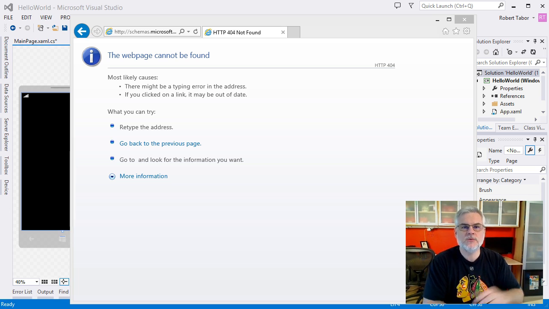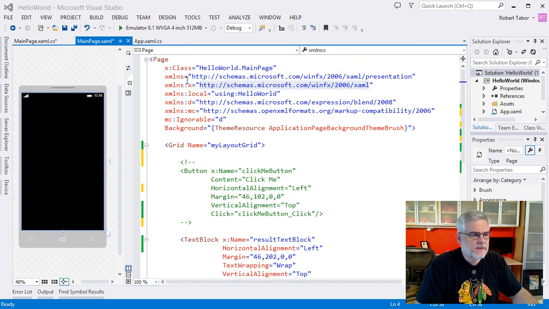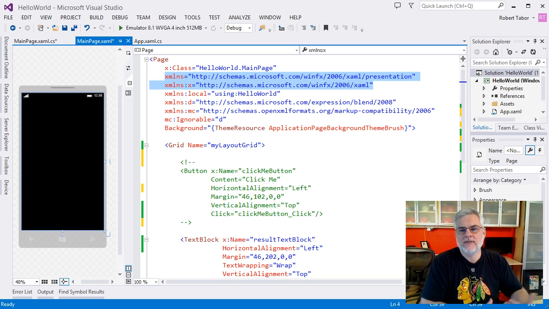All right, so it's a way of disambiguating the names of classes that might be used inside of your code. So what's the fundamental difference between these two namespaces? It's subtle, but the second schema that's defined here, on line number 4, defines the intrinsic rules for XAML in general. The first schema in line number 3 defines the contract, or rather the rules for the phone's specific usage